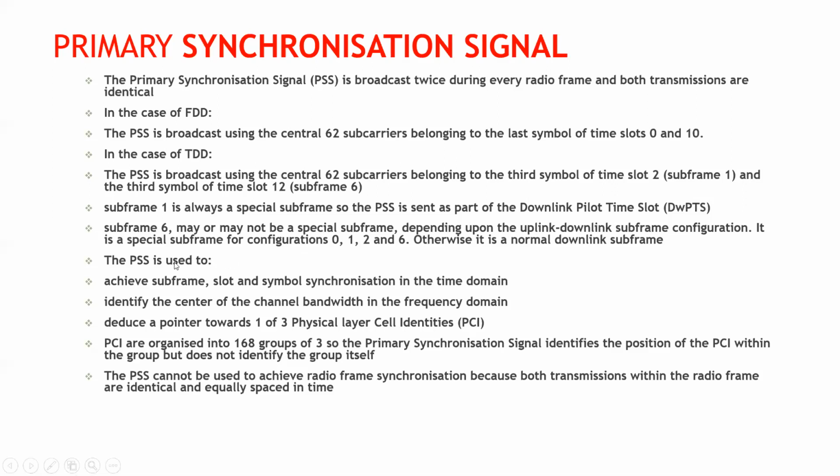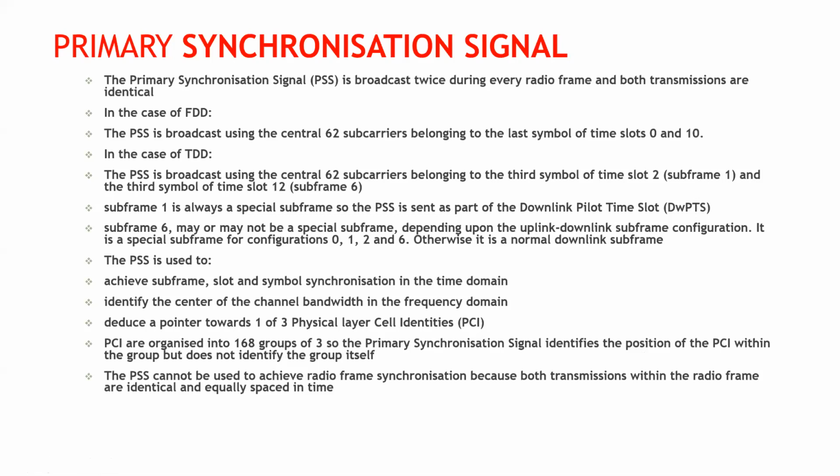This primary synchronization signal is used to achieve subframe, slot, and symbol synchronization in the time domain. It identifies the center of the channel bandwidth in the frequency domain. It also deduces a pointer towards one of 3 physical layer cell identities. This means physical layer cell IDs are organized into 168 groups of 3. The primary synchronization signal will identify the PCI within the group, but it does not identify the group